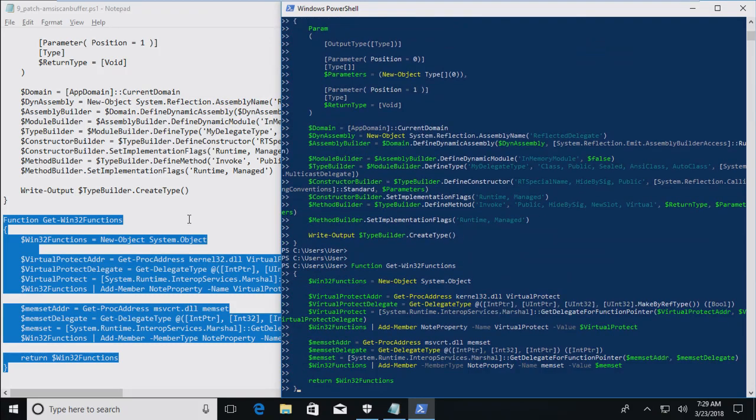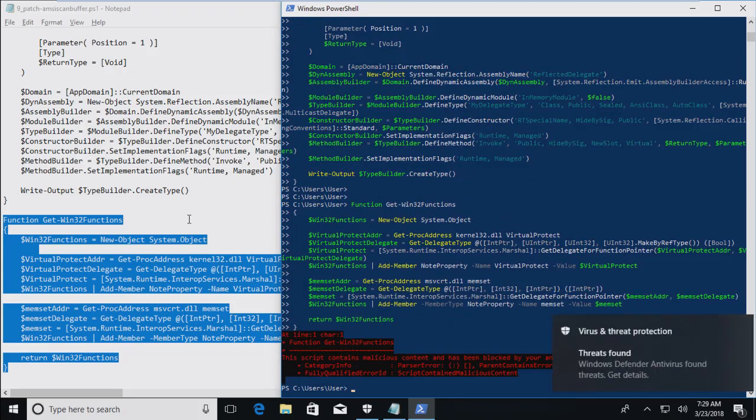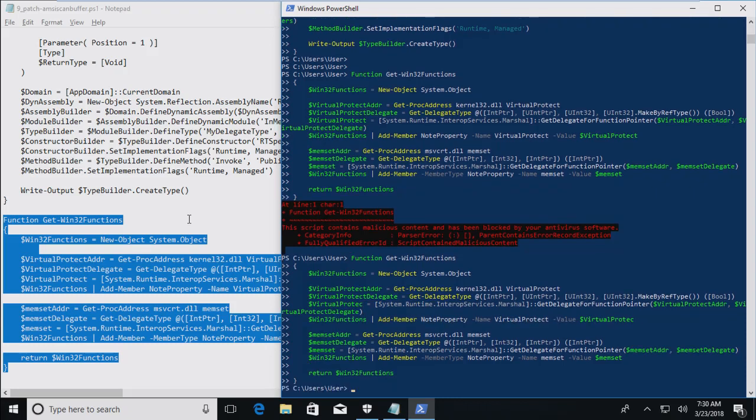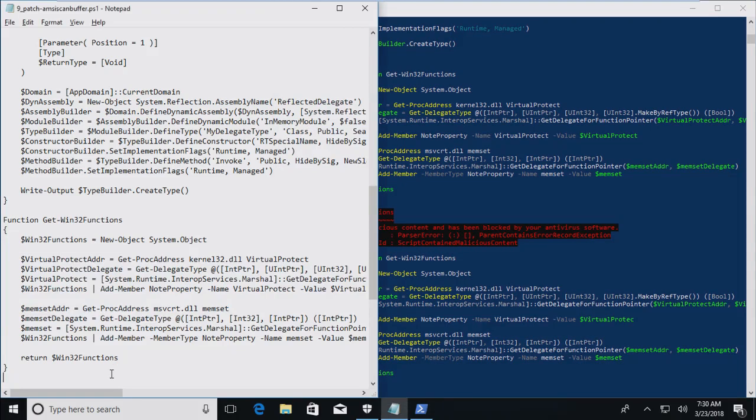And when I run this and hit enter, now I have a problem with AMSI. It says that this is malicious because, well, I copied it from somewhere that AMSI was aware of. So what I'm going to do is bypass this incredibly sophisticated protection by deleting the T in VirtualProtect and the corresponding T here. And this is effectively good enough to bypass the signature.